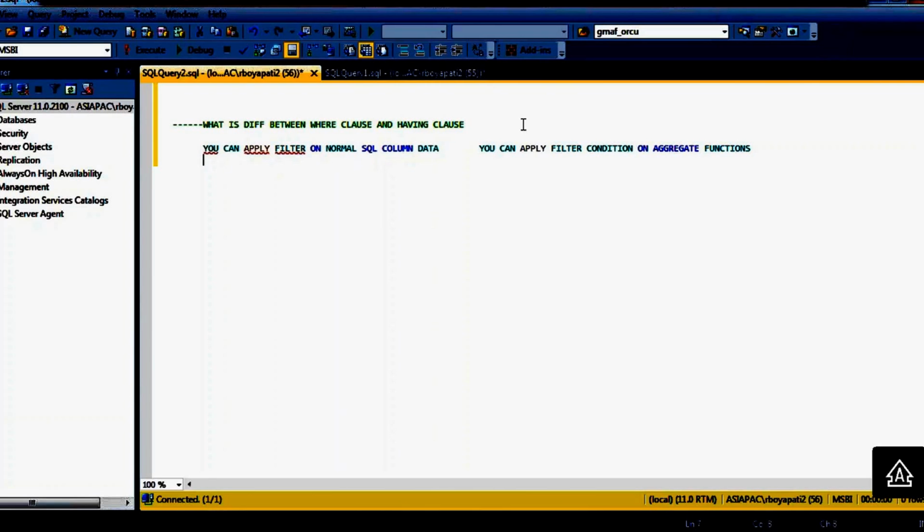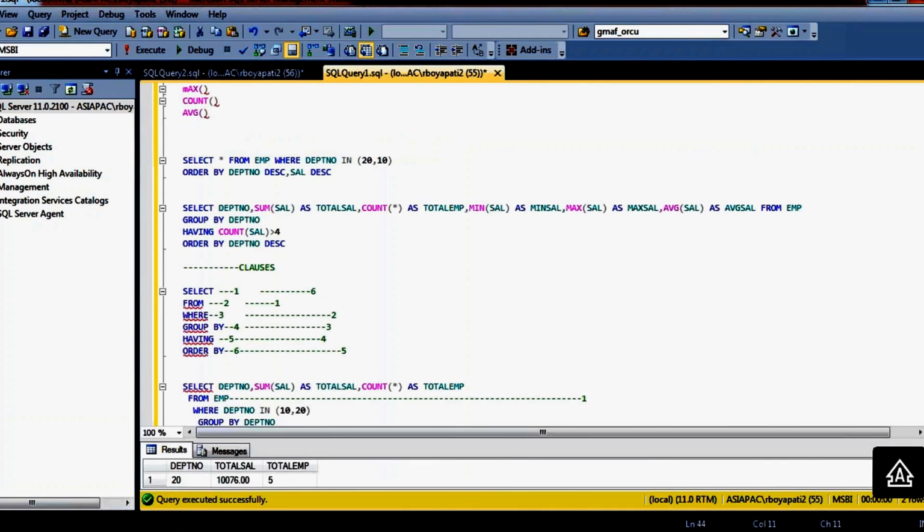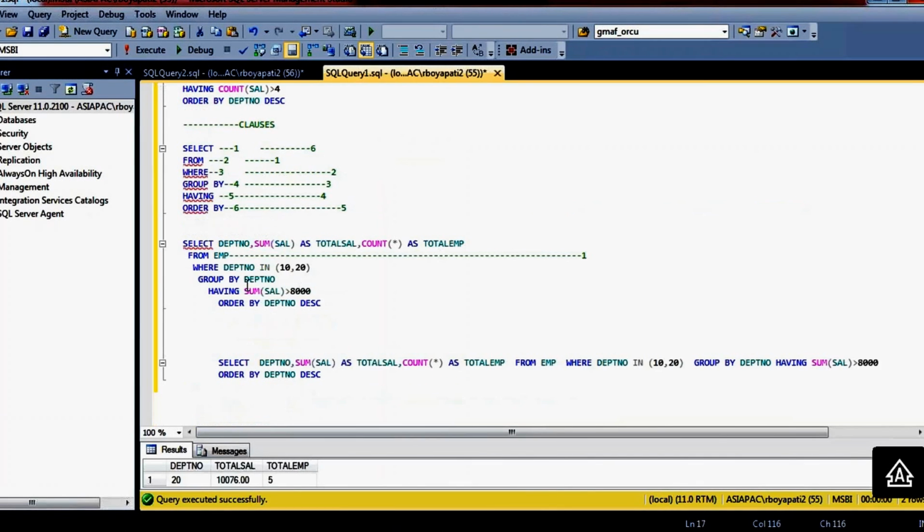So this where class you have to write always after the table name. After table name means wherever you are writing the SQL query. So this is from EMP. Immediately you have to write the group by class. See here, the where condition you have to write after the table name.